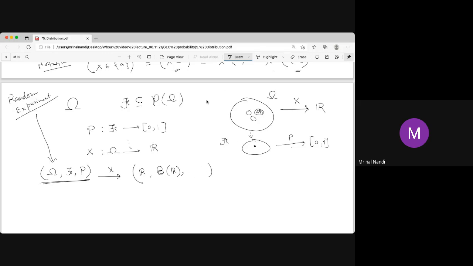That probability, the probability that X equals 1, is called the distribution. It is the probability induced by X. Sometimes it is called the distribution, not the probability: the distribution induced by X. So it is called PX. We learn about this Borel, and then we just forget the Borel because many times we take the script F as a power set. So this is very important. This PX is called the distribution